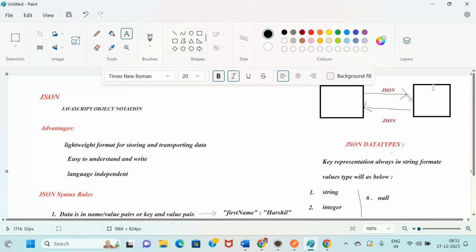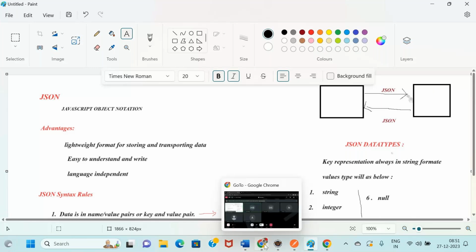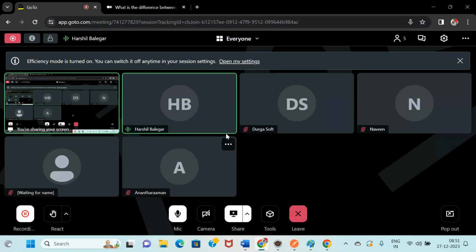Like how we use English as a common language, because in this session some of you know Kannada, some Telugu, some Hindi. If I start speaking in a regional language, maybe not all members will understand.